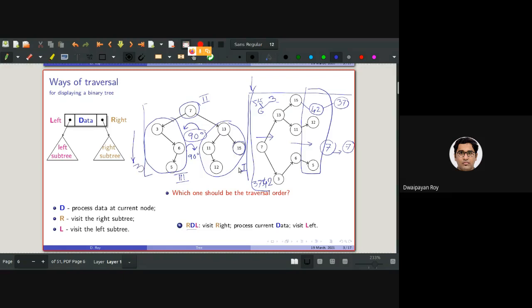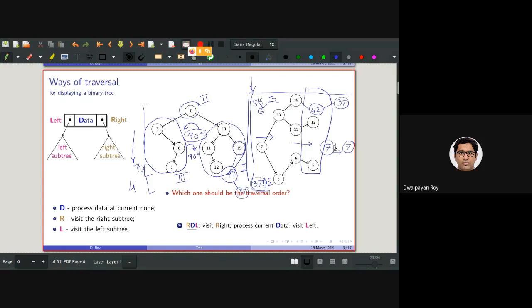3. Come on, guys. The height of the tree is 3. Now, if I add 42 as the left child of 15, the height of the tree remains 3, right? Now, if I add, say, 37 as the right child or the left child of 42, the height will grow. So height will become 4. And this extra element, if I do the 90-degree clockwise rotation, it will be going at the very end, right?